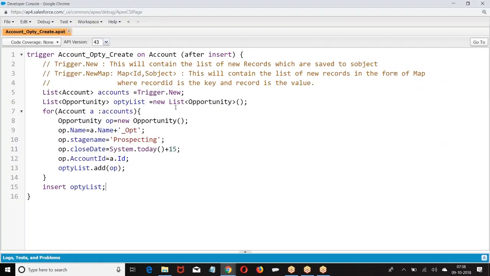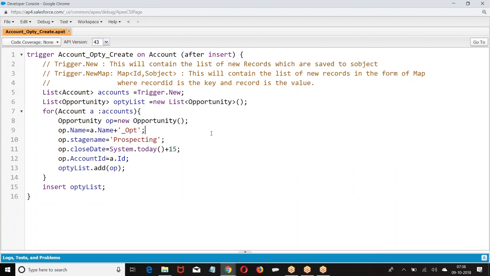Yeah, go ahead. What is your query? Just in the name field, account.name plus, why did you append that OPT? That is the way I want to give the name, I just want to give the name in this format. I just prefer to take it in the form of opti, just to tell you that I created an opportunity there. It has no logic basically, I just appended it.